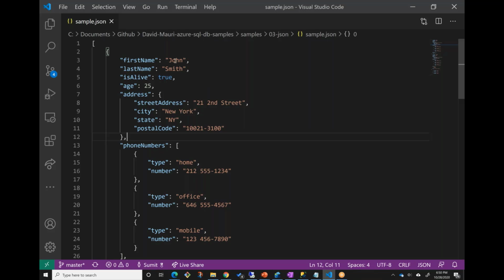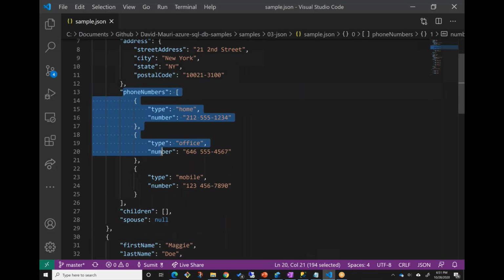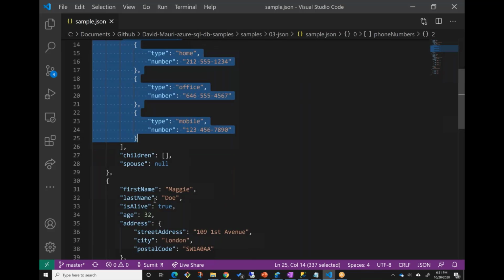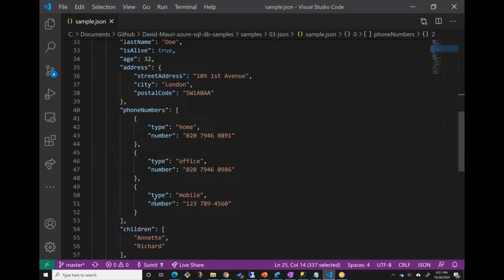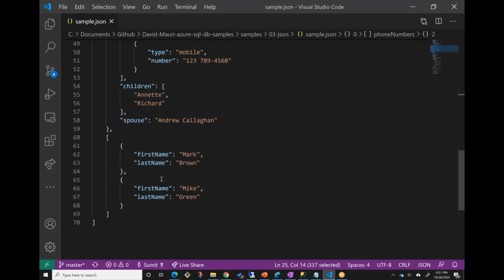So continuing on. So basically what we're saying is that a JSON document, that's all it can have. It can have a nested field, like within a field multiple key value pairs, and then even an array of fields, phone numbers, etc. And this is one person, and then we have another person, Maggie Doe, she's 32. She does have children, 2 of them. And this is all 2 people. So we're going to insert these 2 into SQL tables, and we'll see different manipulations using JSON. Okay, so let's look into that.